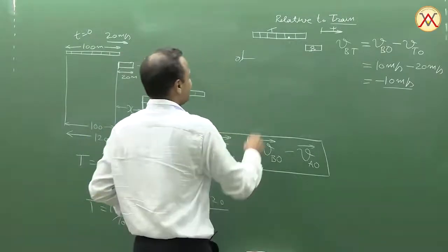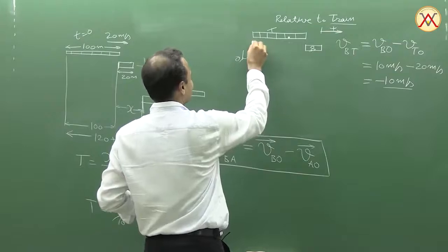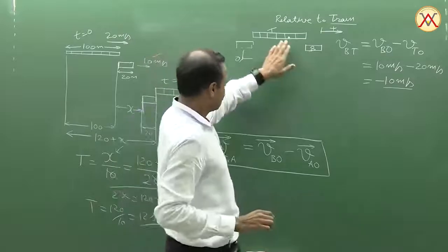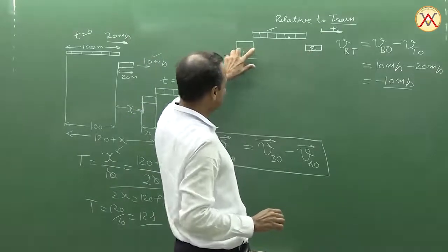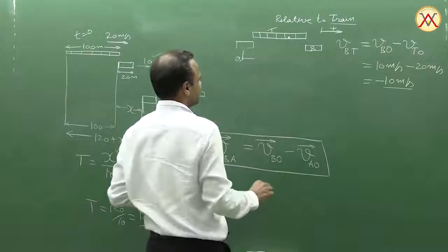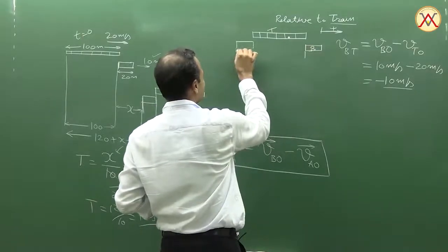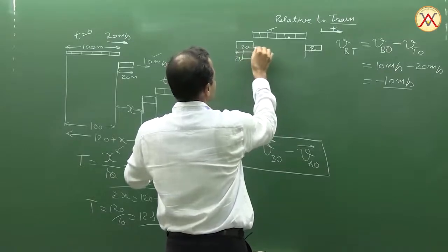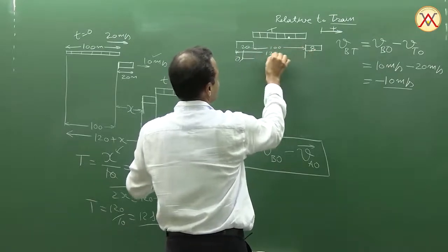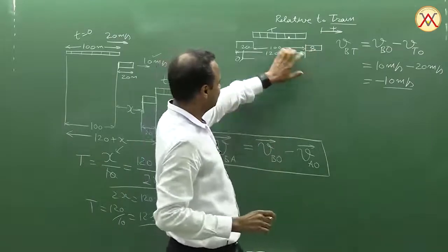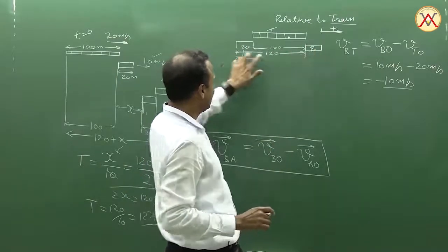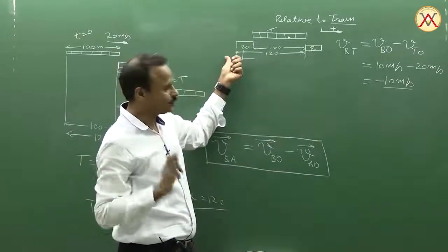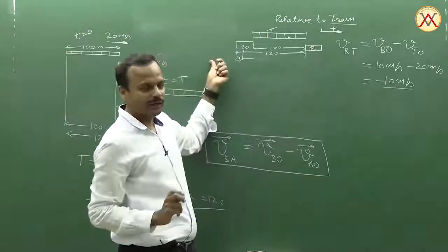Now, when will the overtake be complete? The overtake will be complete when the bus reaches this point. So, bus goes from here to here as seen by the train. What is the displacement of bus? If I again take it from rear to rear, you can see this is 20, the length of bus, plus 100, the length of train. So, total displacement of the bus relative to train is 120 and it is in the left direction. See, bus was here, now it is here. So, the displacement of the bus is negative 120.